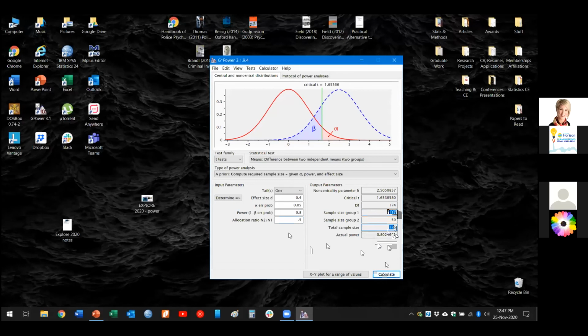In reality, when I'm actually doing this research, it's very unlikely that I'll have exactly 117 people in my control group and exactly 59 people in my treatment group for a total of 176. So that's what I mean by the power analysis giving you an estimate. This is like a best case scenario, but in reality, many things can happen, and I may not always end up with 176. And if I do, I may not end up with these